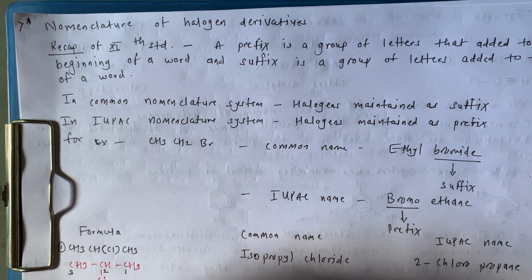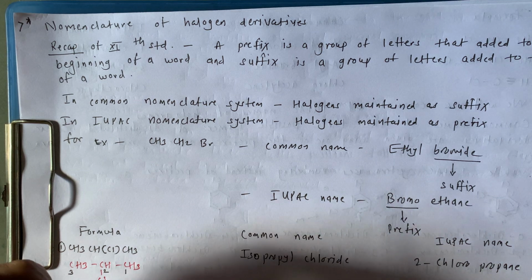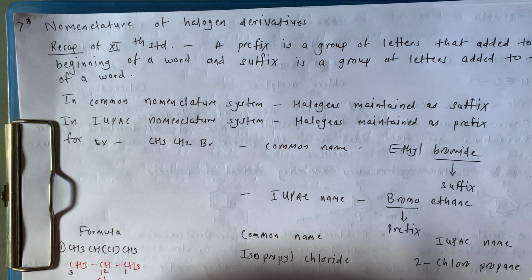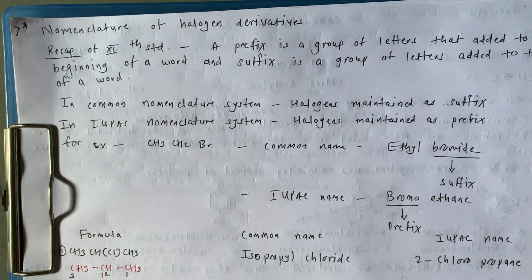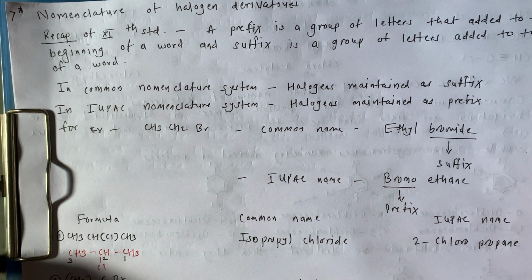Hello students, welcome back. Our next topic is nomenclature of halogen derivatives. In the last lecture, we had seen the classification, and now the nomenclature of halogen derivatives. In the recap, I gave an idea about it, but now we are going to study it in detail. So all the different types of nomenclature, like common and IUPAC, will be clear to you. And now here we are going to see the haloalkanes as well as haloarenes.